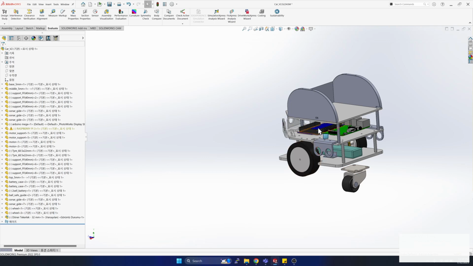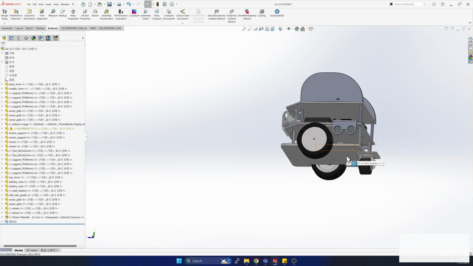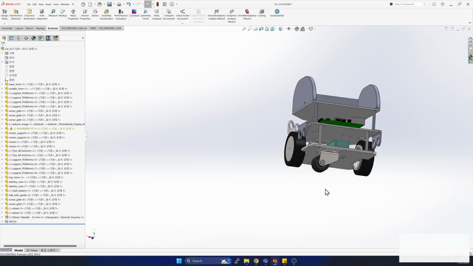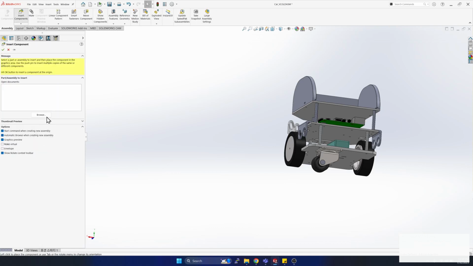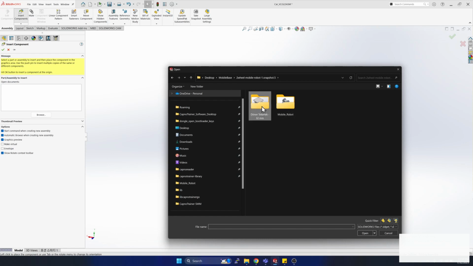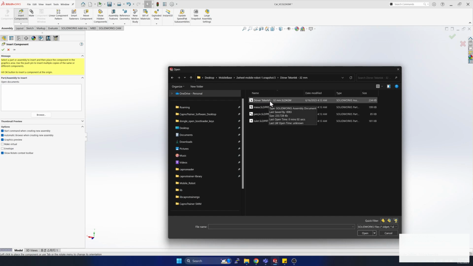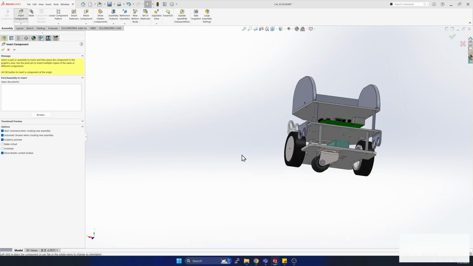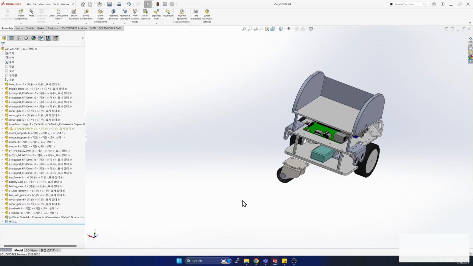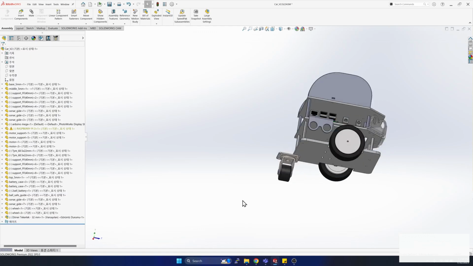I know that a lot of weight is coming from the front side, so to balance things out, I'll put a caster wheel in the middle here. To bring the caster wheel into the SolidWorks assembly, you insert component, click browse, and then use the SolidWorks assembly of the caster wheel you downloaded, and import it into the final assembly. Once you have done that, we need to attach